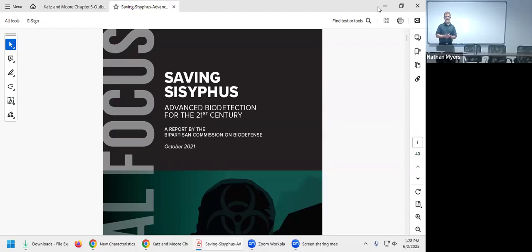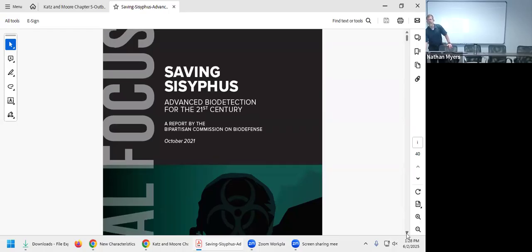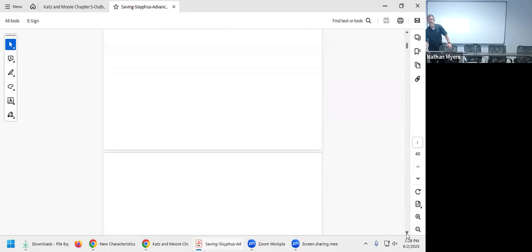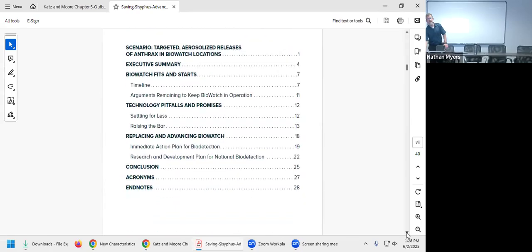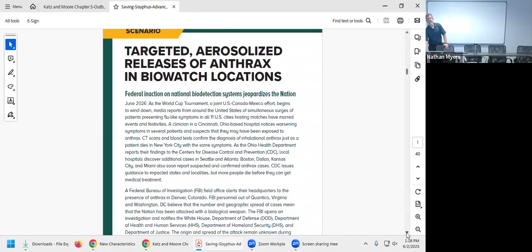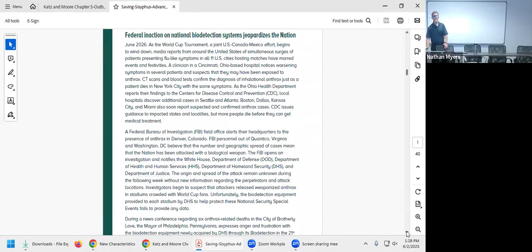Back in 2021, they released this report, Saving Sisyphus: Advanced Biodetection for the 21st Century. It's a pretty lengthy report, so obviously I'm not going to go through all of it. But I encourage you to look through it, because I think it has some interesting information, and it's good to be aware of what kind of technology is currently available